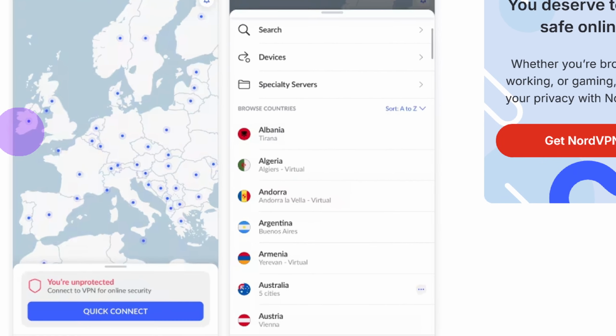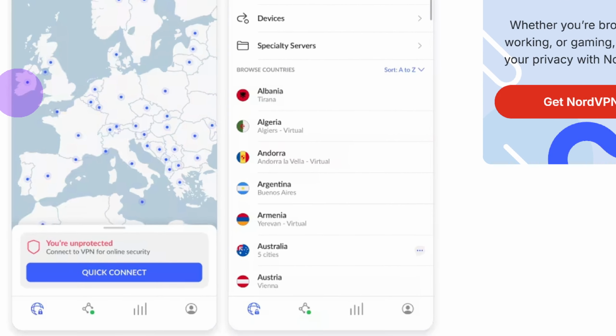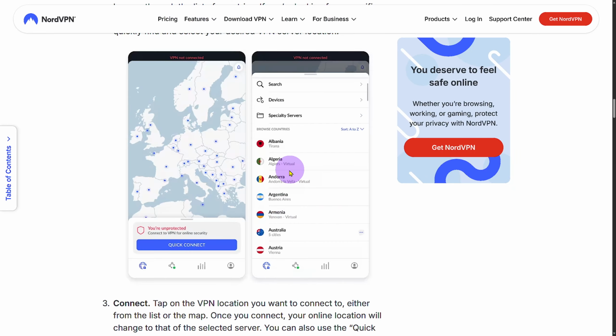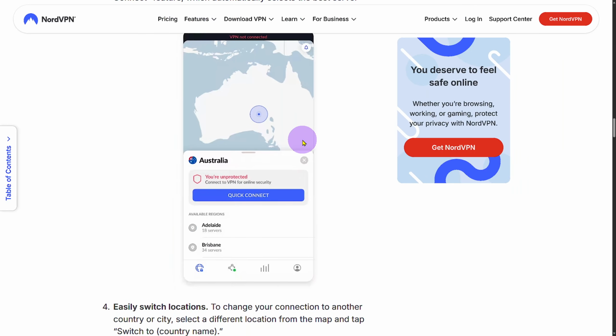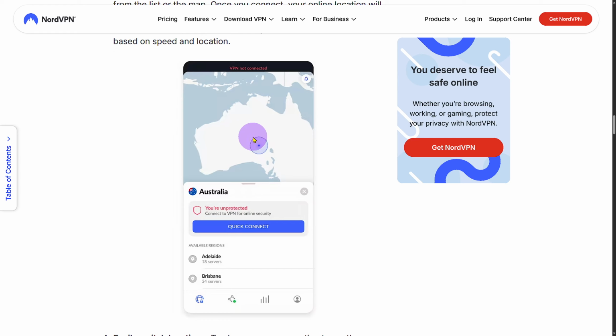Like for example, we have Argentina, Australia, and so on and so forth. You can select anything, and you can also have a free map which you can use to set a location manually as well. And then you can specifically select that region as your current location, and that's how you can change location in